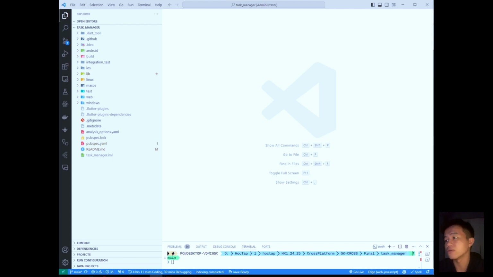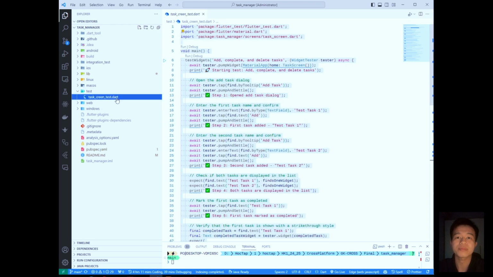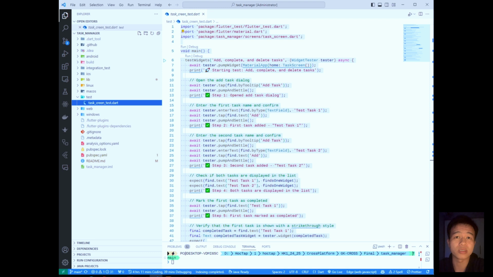Let's move on to the widget testing. Widget testing is the foundation layer of our testing framework. It allows us to verify the functionality and behavior of individual UI components in isolation. Here is an example of a